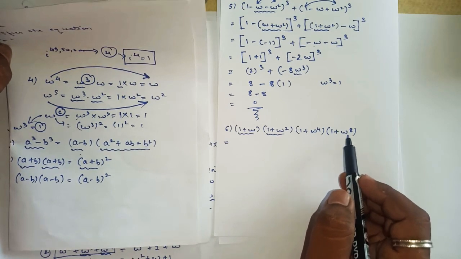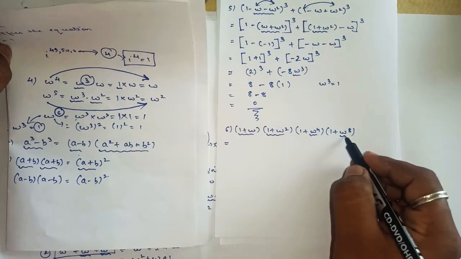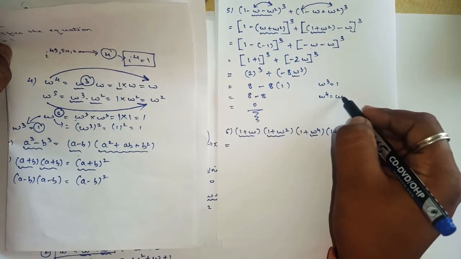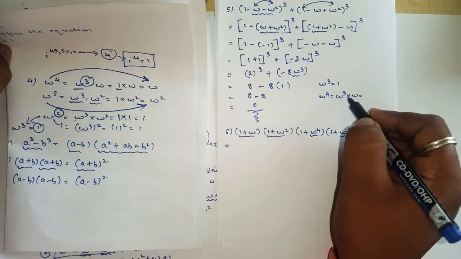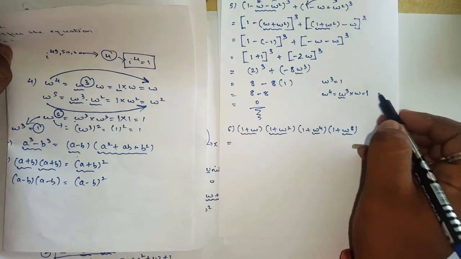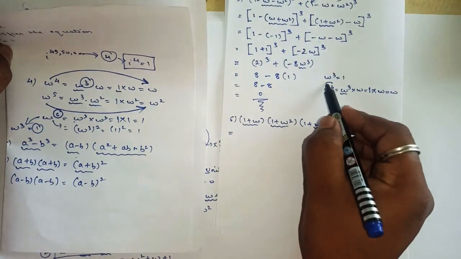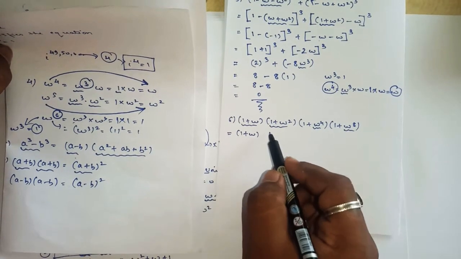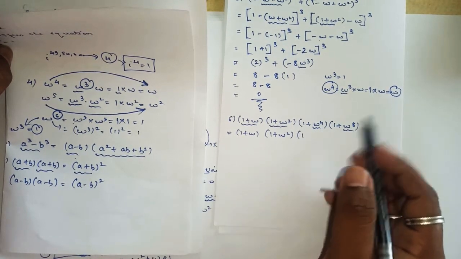Okay, so first we'll try to substitute the values of w raised to 4 and w raised to 8. So here I will find the value first. w raised to 4, actually we can write it as w cube into w. Yes or no? As I told, always break the power with respect to 3 for the third exercise, because we know that w cube is 1. So 1 into w will be equal to w. So here we got the answer for w raised to 4. So in place of w raised to 4 we can write it as w, and we'll keep the other part the same as it is in the next step.